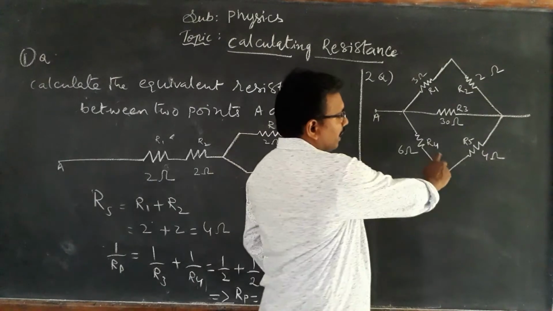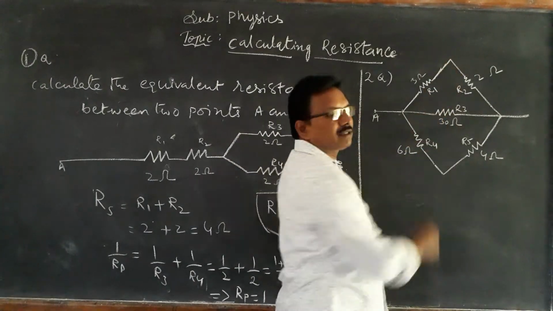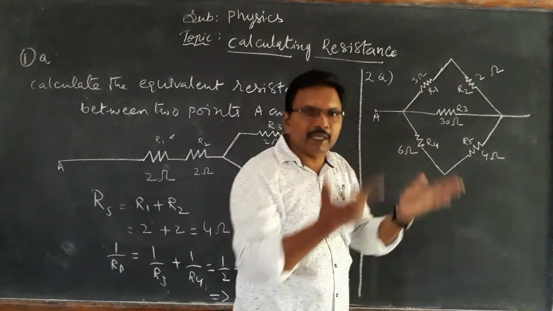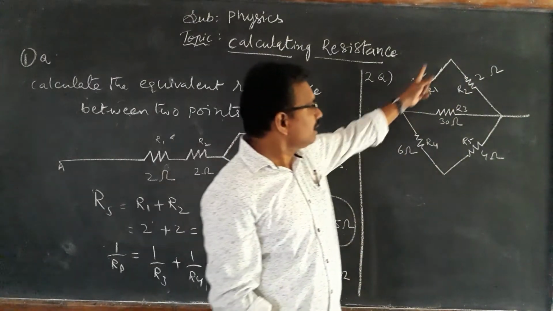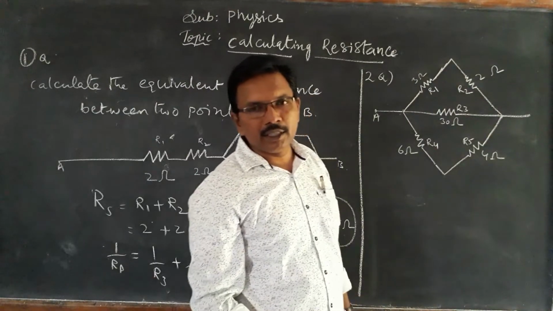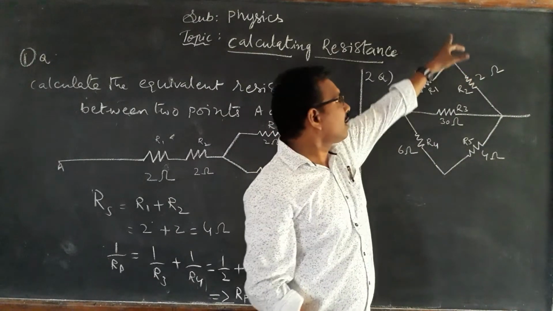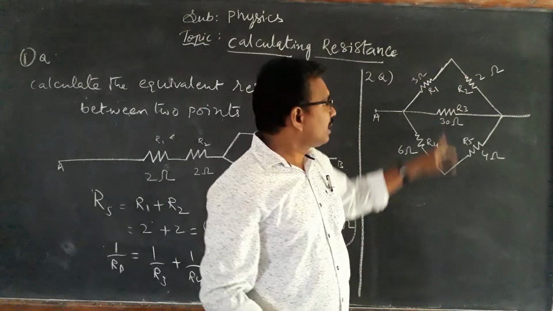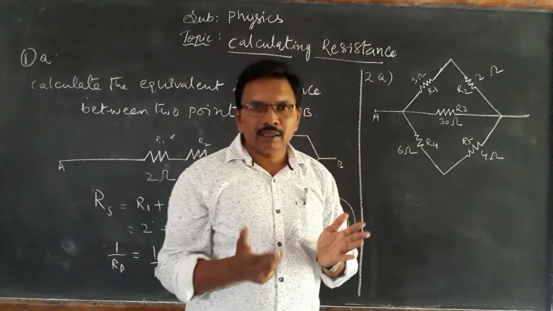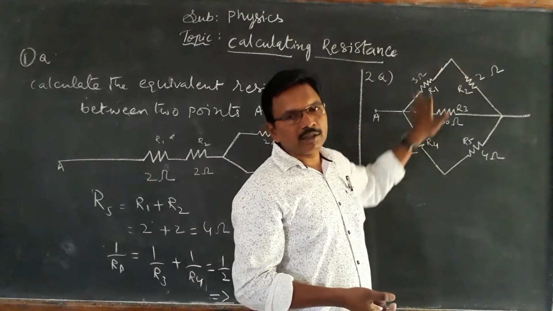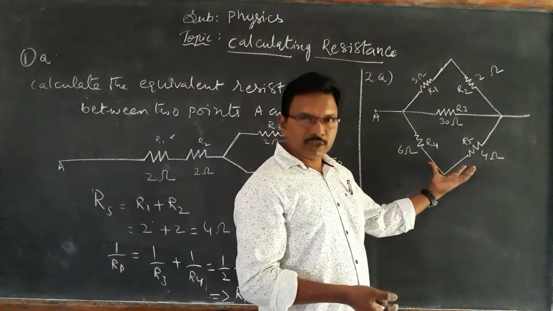Don't think these 2 are parallel. Don't think this is a junction. This is not drawn from a single wire. This is just making a curve, that's all, but it is in series only. Not from a junction. This is not drawn from a wire. It is just making a curve, the turning, that's all, but series only. These are series only. This is also series only.